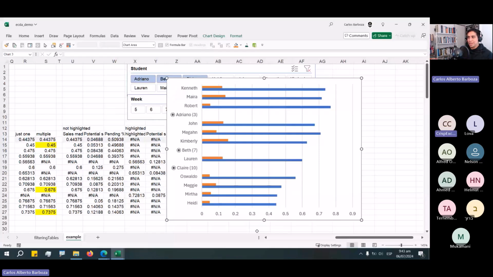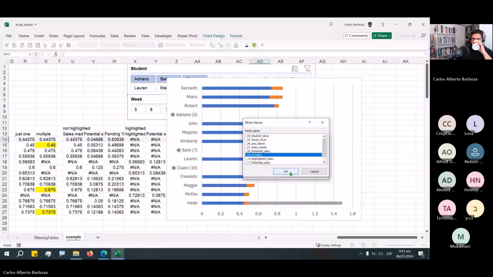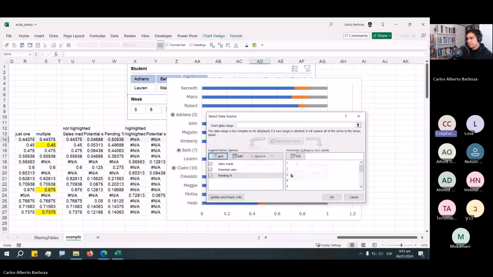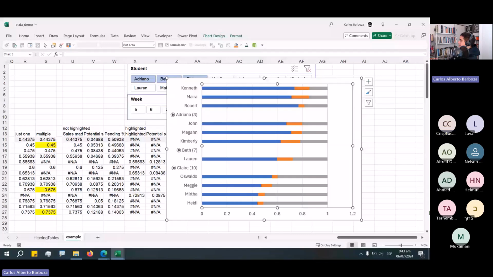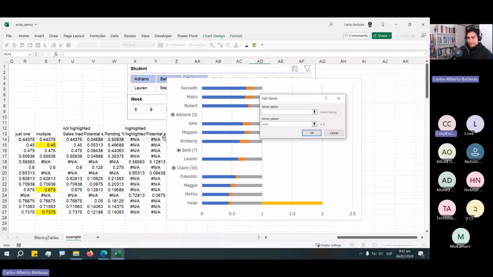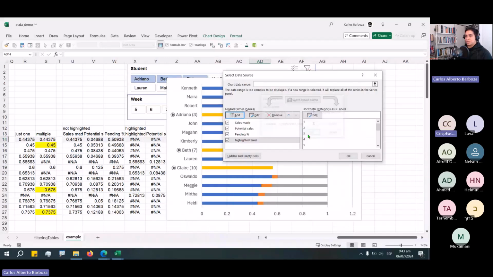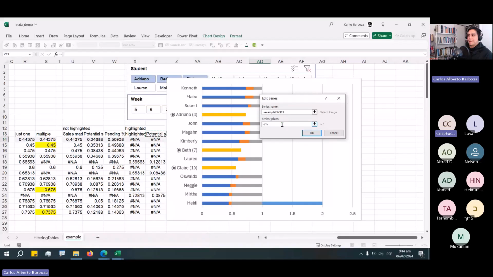Okay, let's continue. Select data, add, and now I'm going to add the pending. And now delete this, F3, pending right there. Just want to make sure with this one that this was the order I set it up: pending, highlighted sales, potential sales. Yep, there we go. We're good. Select data, add, highlight it, delete this, F3, highlight sales, add that, add, potential sales, highlight it, of course, and then